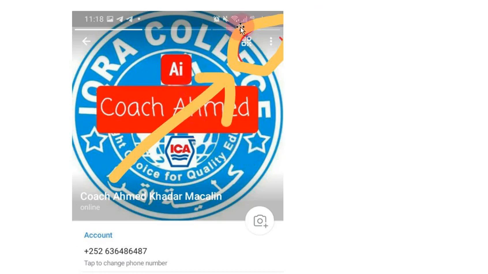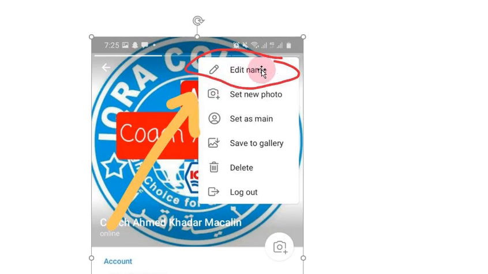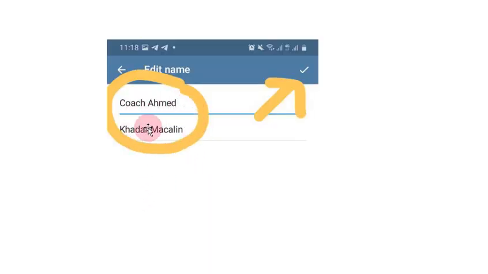screen will pop up, and if you look on the right top corner, you'll see 3 dots on top of each other. If you touch that one, it'll say edit name, set new photo, set as main, and so on. So touch edit name, okay? If you touch edit name, it will tell you to change your name. Please, please, please put your full name and do not change it. Please, I'm going to say this one more time. Put your real name, full name, your name, your father's name, your grandfather's name, or if you're using an American system, it's a little different for naming, but put your real name in there that you registered yourself so that we can keep track of who's who.